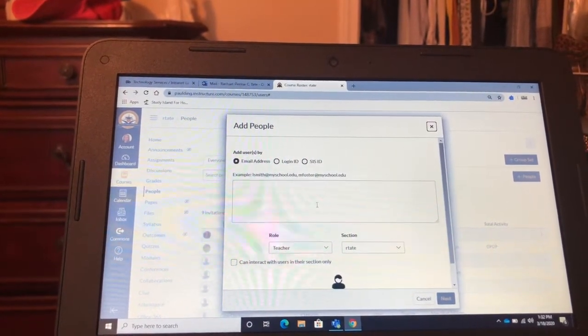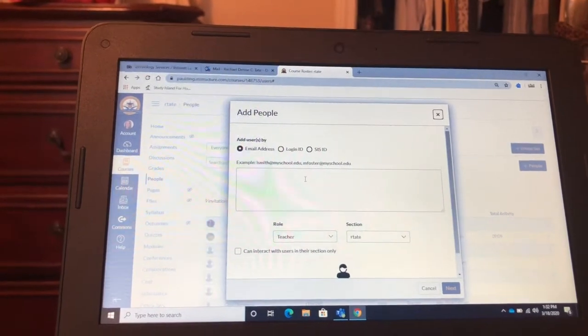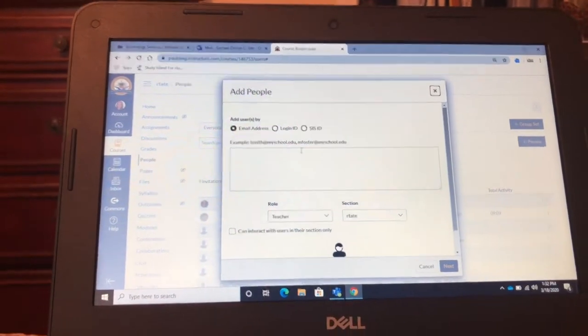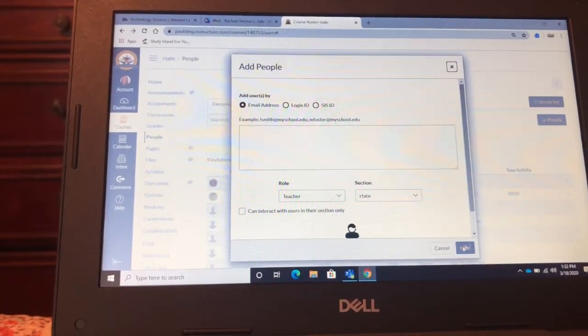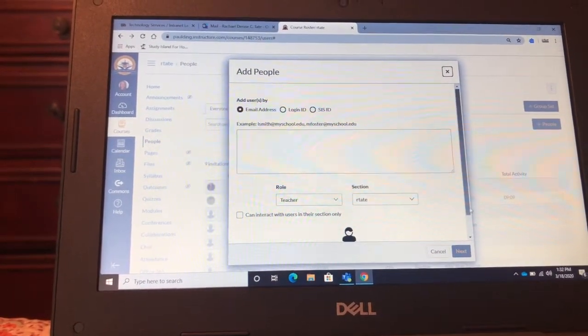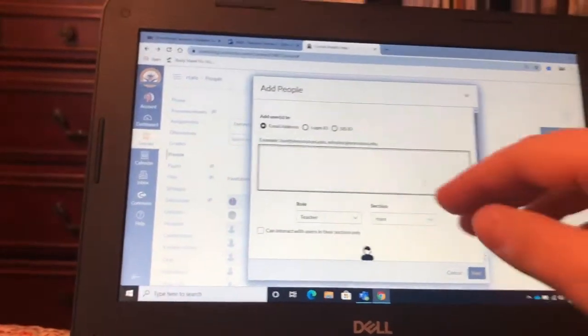You're going to find them. If you type it in wrong, it's going to let you know. But you do have to do the @paulding.k12, all of that stuff, to add your teachers. Then you're going to hit next. It's going to ask you a couple of other questions, so I'll add